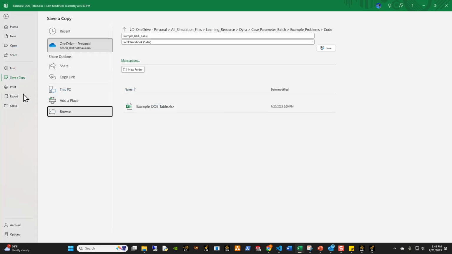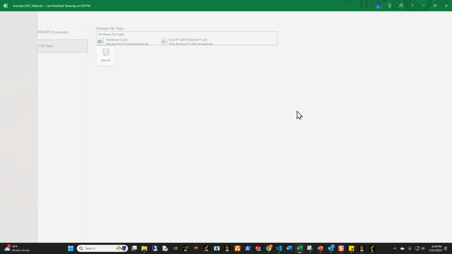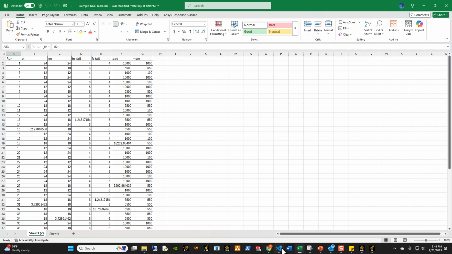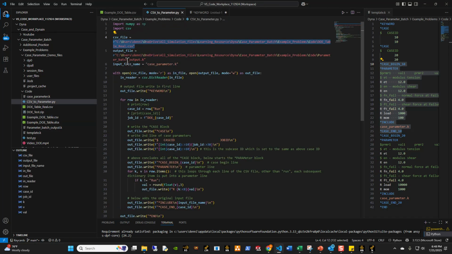If you save this as a CSV file, actually just export it, I believe. One second, export it, and you just export this as a CSV file, right? And that's going to export a file that looks exactly like this. Now that's going to be my input file. My output file is basically a K file that's going to look like